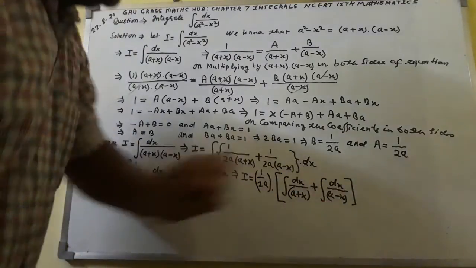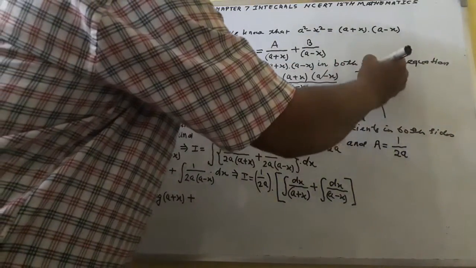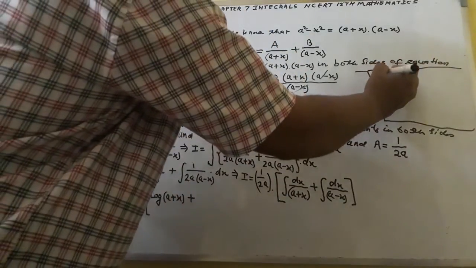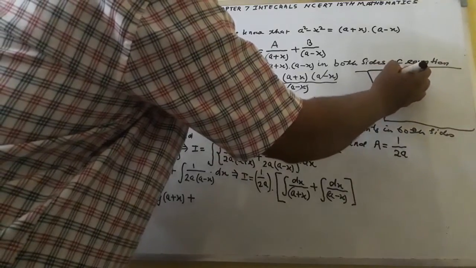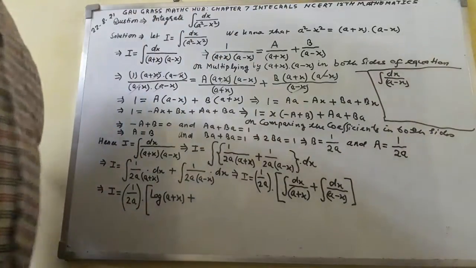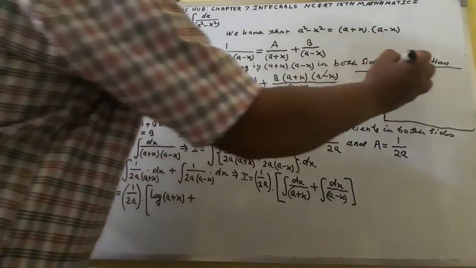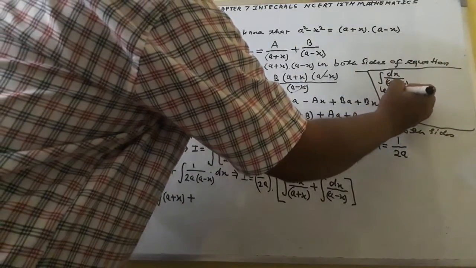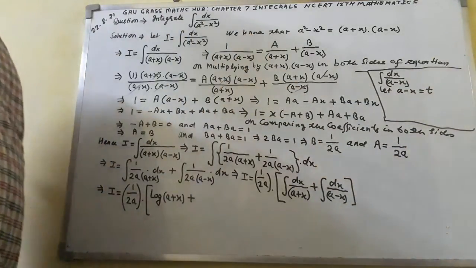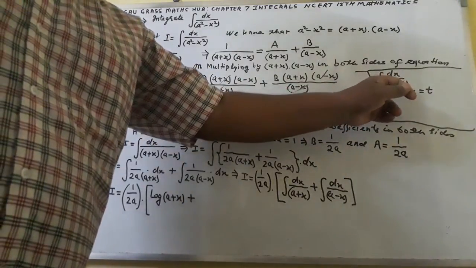and this term I shall explain here. Just look at this place, how this comes out to be. So here if you write dx over a minus x, the value we have to find. So what to do? Let a minus x equal to t. Denominator I shall let as t.